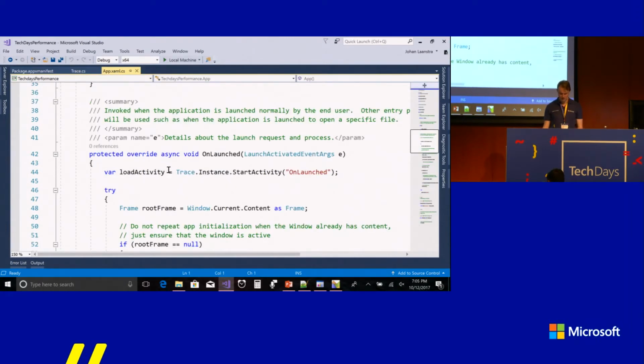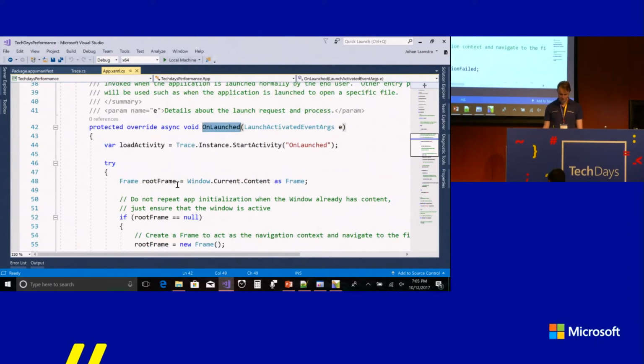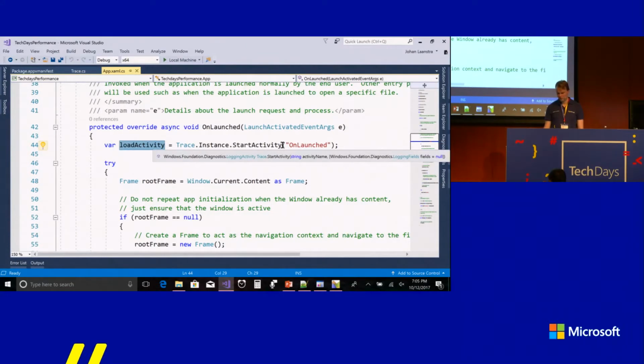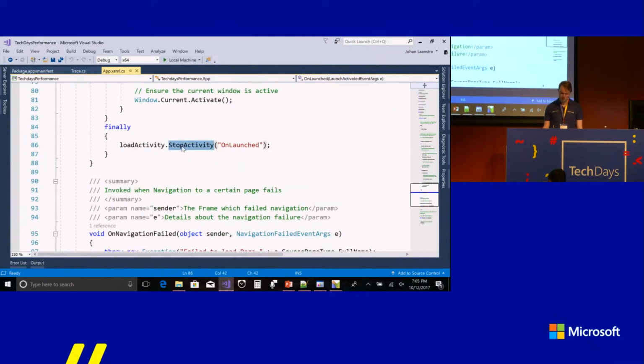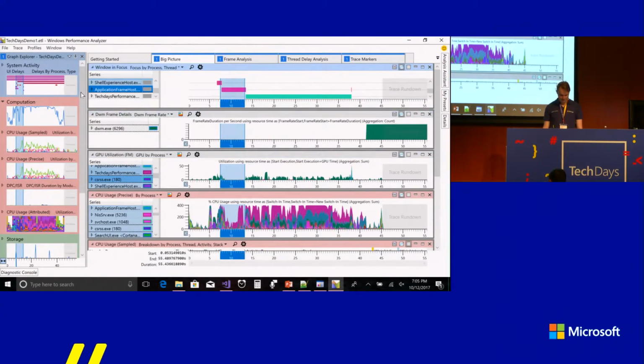Now, I did this for the OnLaunched, that is part of every UWP app. I created a load activity here by calling start activity with a predefined name, so I can find it back in WPA later. And then I do the work, and then in the end, I call stop activity with the same name. Now, if we go back to the trace and we create a new tab,